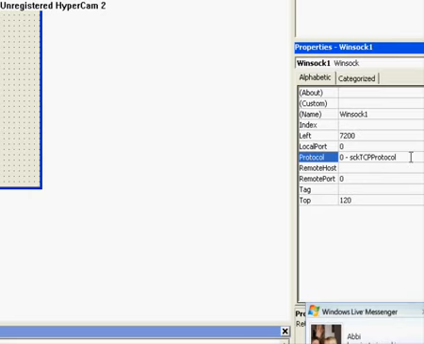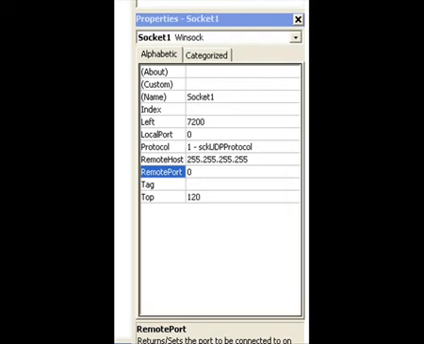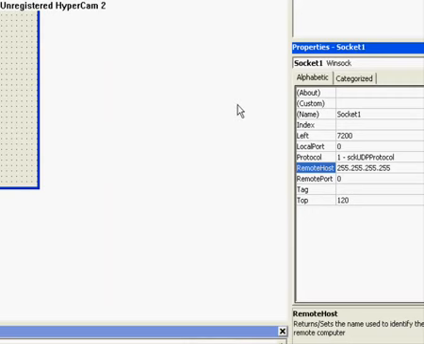You're going to change this setting here, the protocol, to a UDP protocol. And we're going to set the remote host to 255.255.255.255. That basically means you'll be able to speak to everyone on your network rather than a specific IP address, which you could do if you find out the IP address of that computer on the network. Okay, so once that's set up,